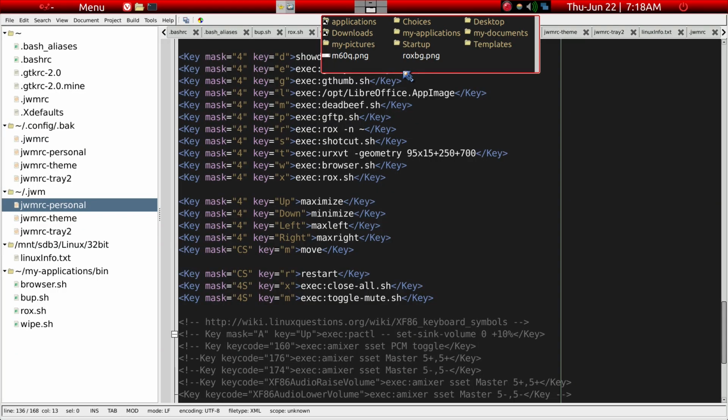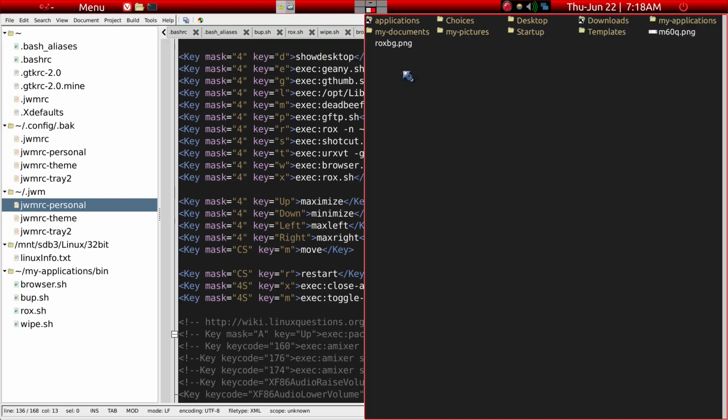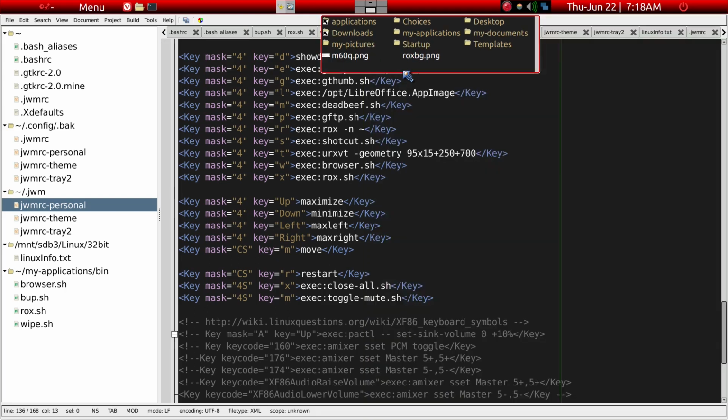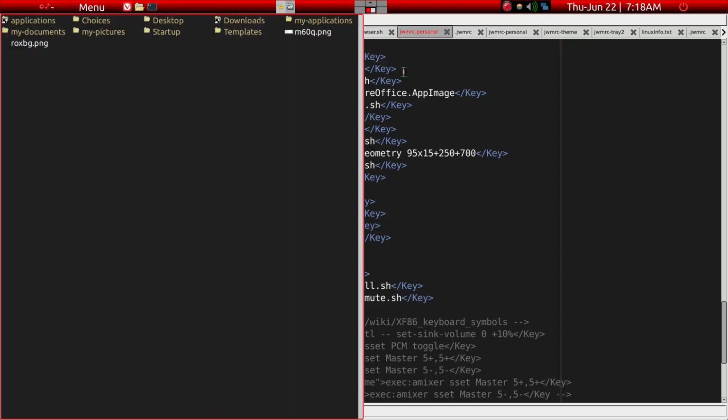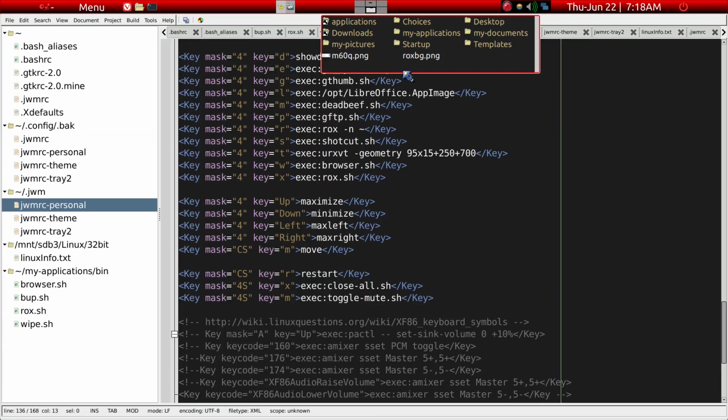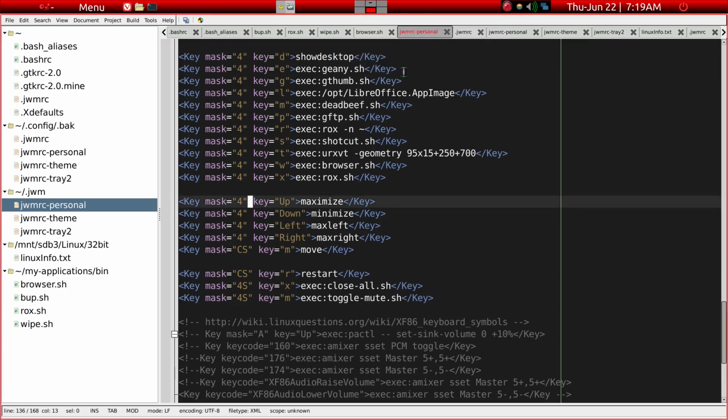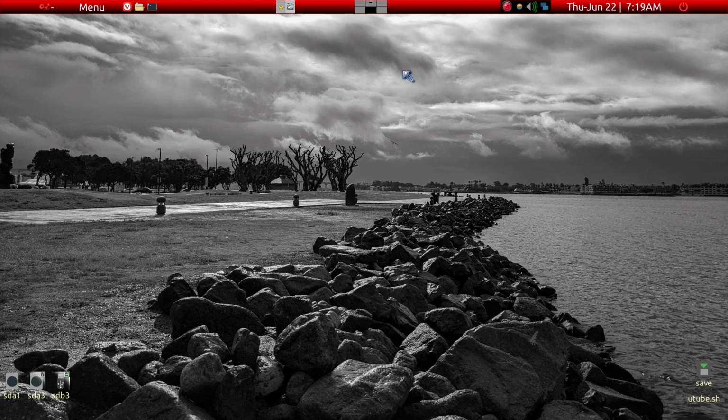Now I'm going to do not Alt but super up, super up. Now super right, and we're going to place it on the right, and super right again brings it back. Super left puts it on the left side, and super left again brings it back. Now we're going to do super and down, so you'll hide it, and we'll do super and down again, see what happens. It hides the